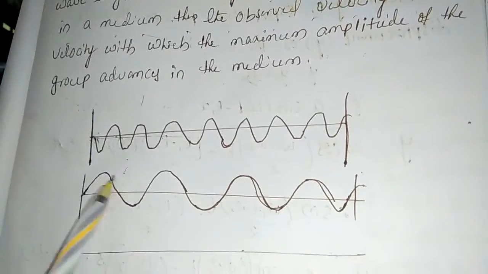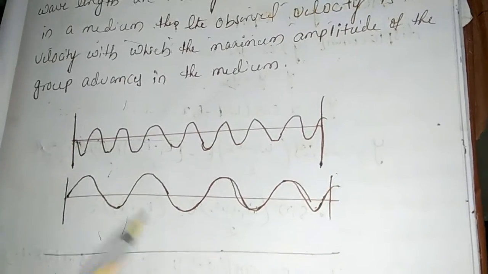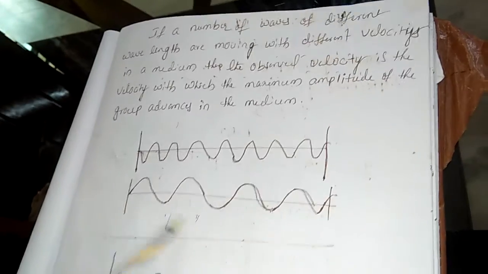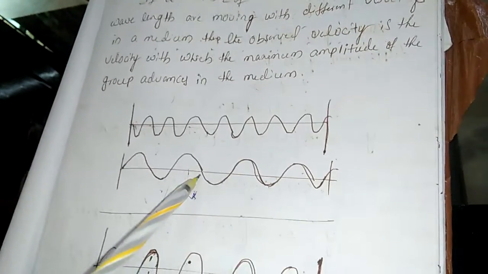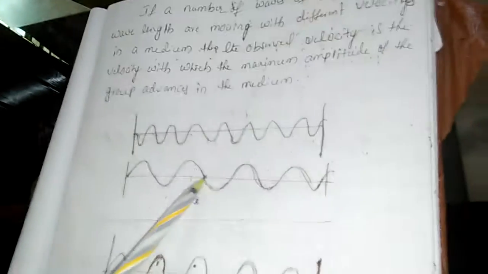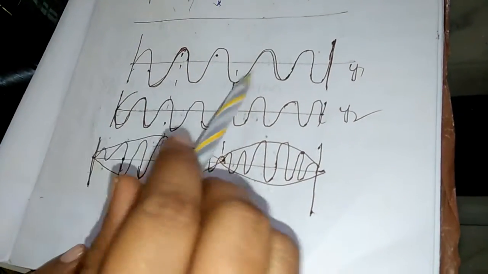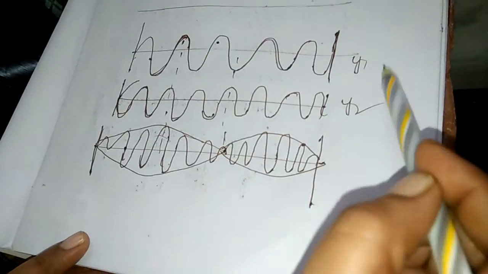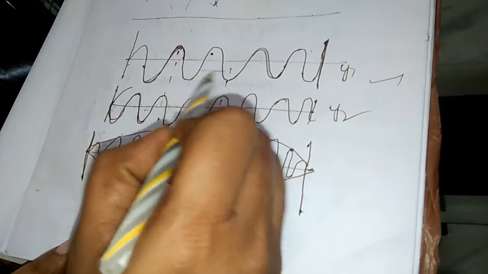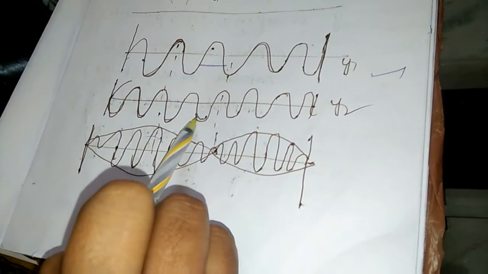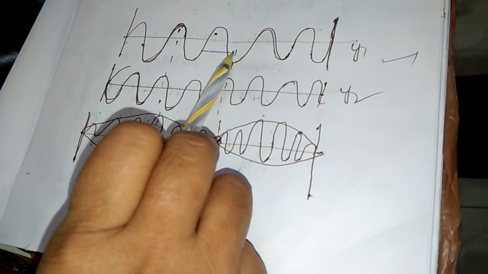Suppose this is one wave, this is another wave. In this way, a number of waves present travel in the medium as one wave, that means they superpose with each other. What will happen here? Look at this diagram. This is the first wave, this is the second wave. The first wave's wavelength is slightly different from the second wave. Y1 has a high wavelength, Y2 has a lower wavelength, when they are superposed with each other.